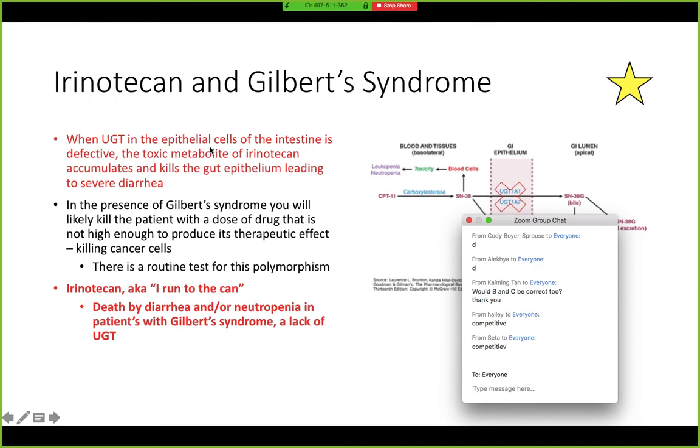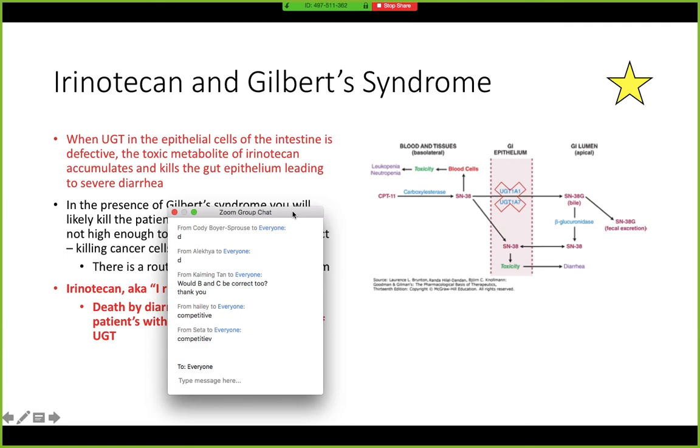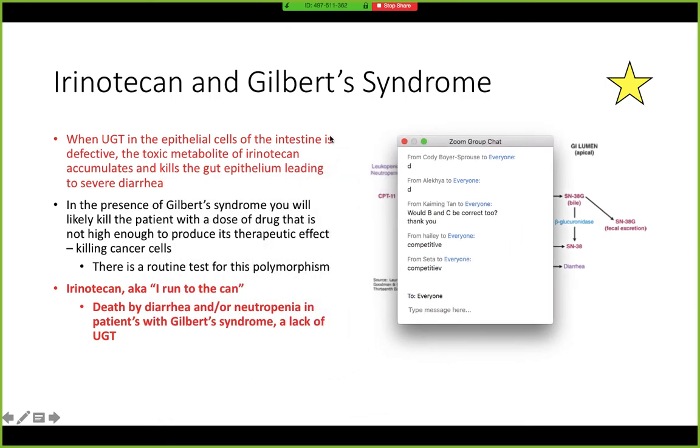So when UGT is in the epithelial cells of the intestine and it's defective, the toxic metabolite of irinotecan is going to accumulate. So the toxic metabolite is this SN38. So you can see it here accumulating in the gut epithelium, and it's going to kill the gut epithelial cells, leading to severe diarrhea. So the reason that this is a problem is because if you give someone with Gilbert syndrome irinotecan,